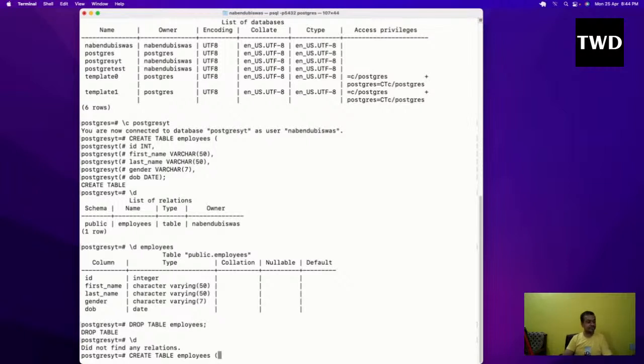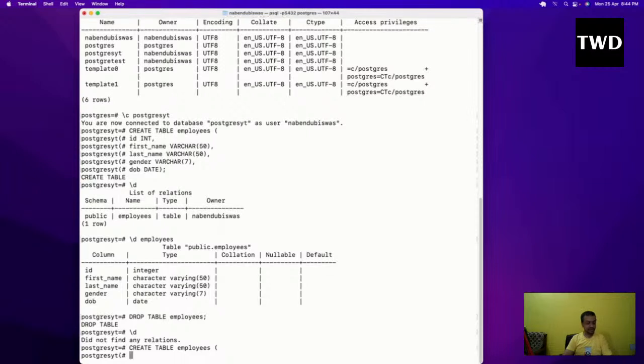So I'm creating a table with constraints now. So create table employees I'm going to do. Then I will do an ID. As I told you, I will press enter. Until I put a semicolon, it will not do anything. Okay. ID, I will have something as a